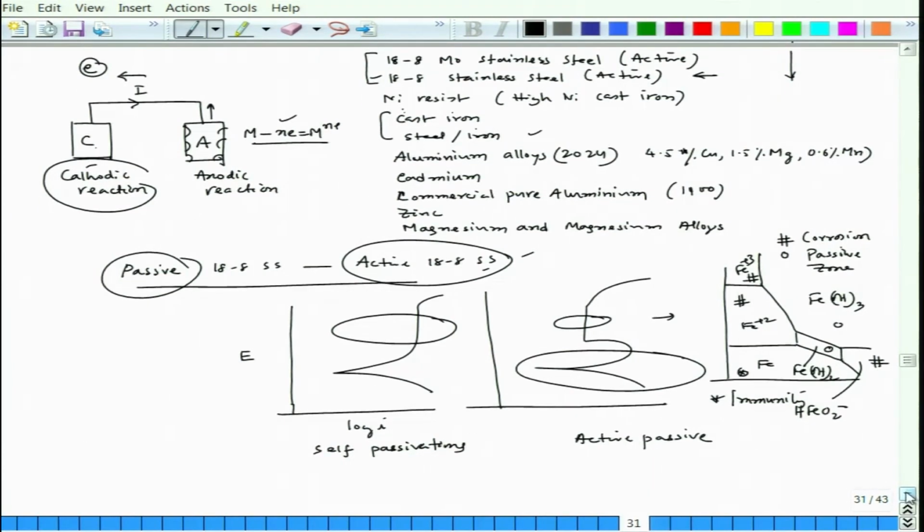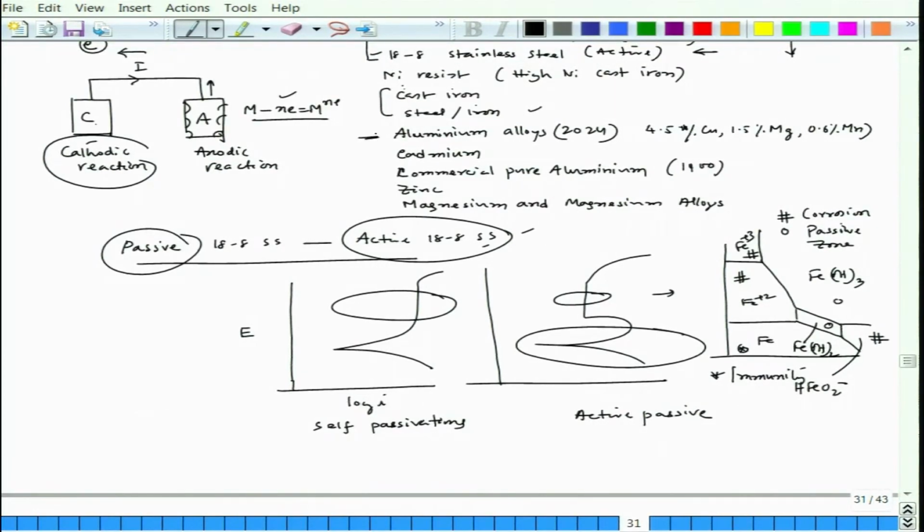Now, if we consider three interesting alloys, one is aluminum, and zinc or zinc alloy, and these three. These three are extremely important since they are used as sacrificial anode, and what does a sacrificial anode do? It gives corrosion protection, and that protection process we call cathodic protection.